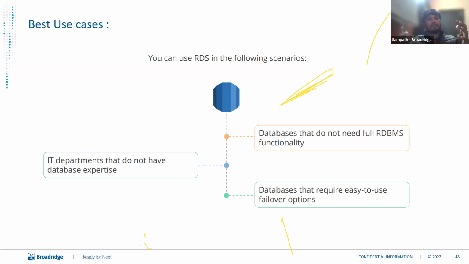Okay. Procuring of infra, backend, how much instance type it should have, everything is taken care of by Amazon. Databases that require easy to use failover options, which means if you want to take a backup, move to some other region. Okay. If let's say you're having a hardware failure, in a traditional scenario, what you would do,